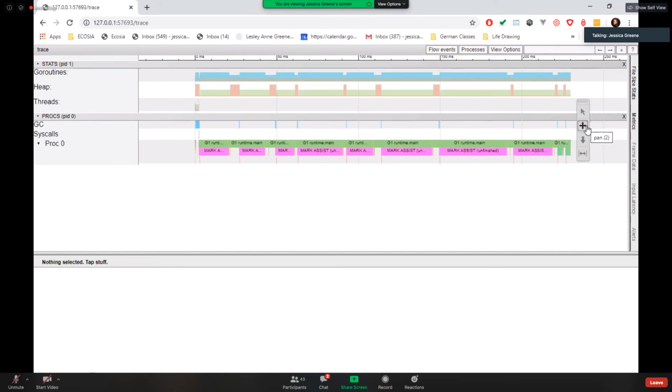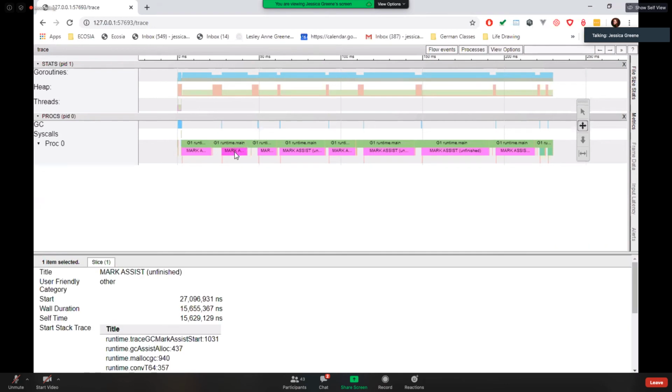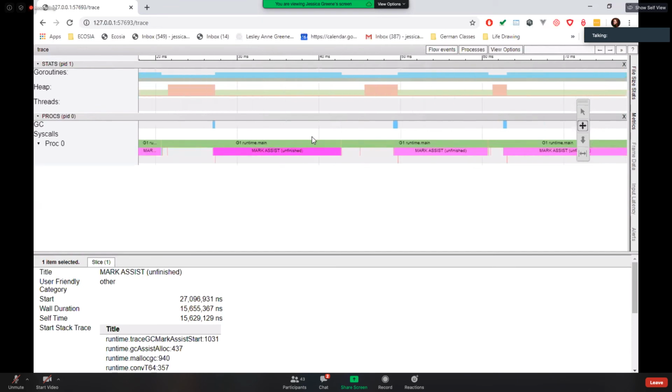And there's two things I'd like to point out here. First of all, the heap that we see along this line. We can see it's indeed going up and then going down as garbage collection is happening. We can see various stages of garbage collection being marked down on the bottom, in the one process thread that we have. So ideally on this tool, you need to zoom in a little bit to actually be able to read what's going on here.